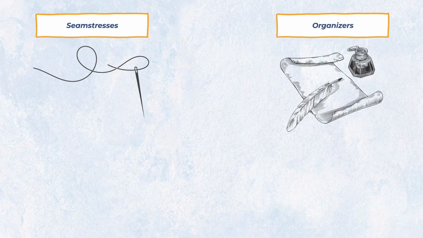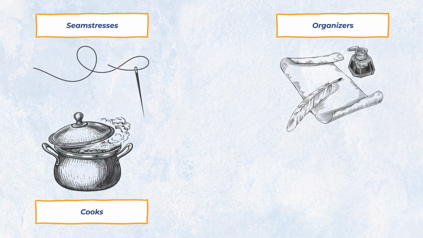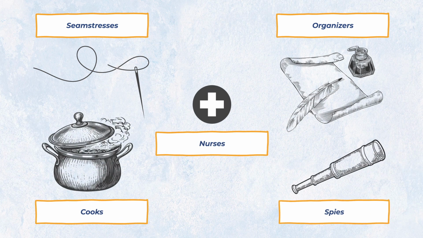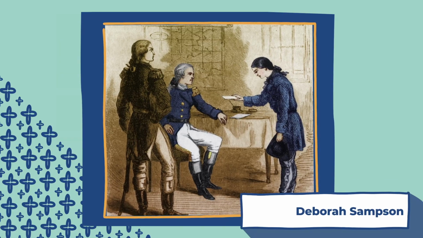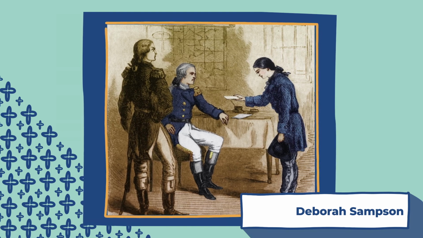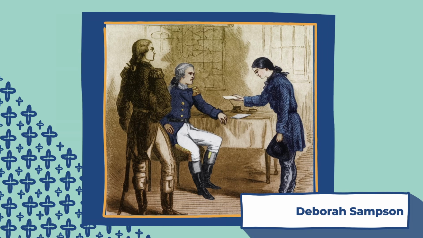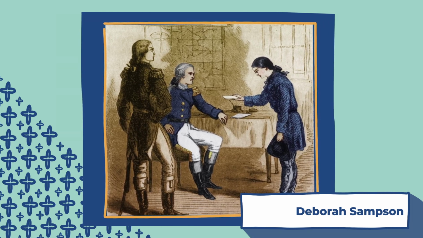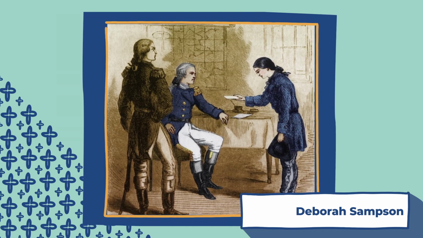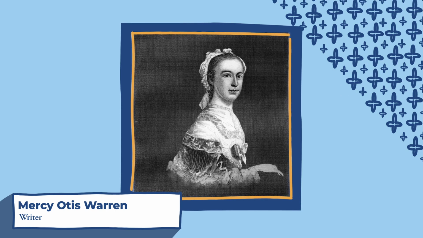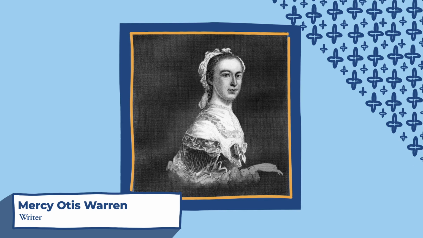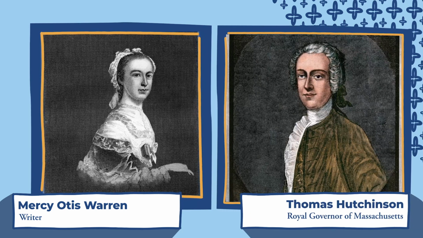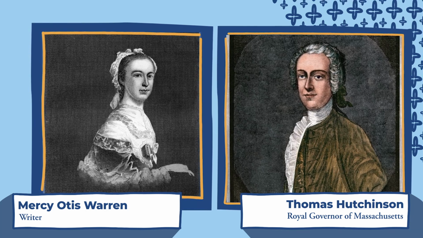During the War for Independence, women and minorities played an important role in supporting the cause. Women produced handmade supplies like blankets and uniforms, organized fundraisers and boycotts. Others served as cooks or nurses for the Continental Army, or acted as spies. Deborah Sampson, a woman from Massachusetts, notably disguised herself as a man to fight in the Continental Army. She served for over a year before her secret was discovered, and she was eventually awarded a military pension for her service. Mercy Otis Warren, another woman from Massachusetts, penned a series of plays that satirized some British officials. One included the Royal Governor of Massachusetts, Thomas Hutchinson.